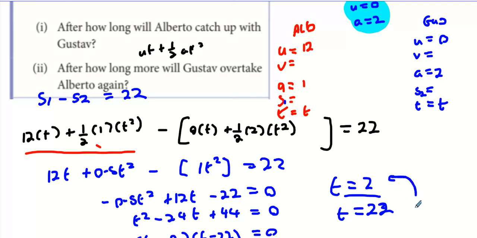But then 22 seconds in total they are level with each other again. Because this formula is the distance covered by Alberto, take away the distance covered by Gustav, is 22. Anytime that's 22, because Gustav started 22 meters ahead of Alberto, anytime that's equal, it means they're level at that point in time. So it'll be 20 seconds later. Is that all right? Now guys,